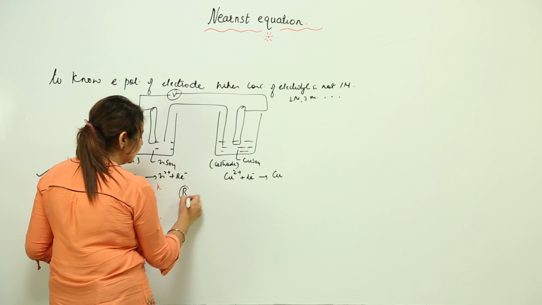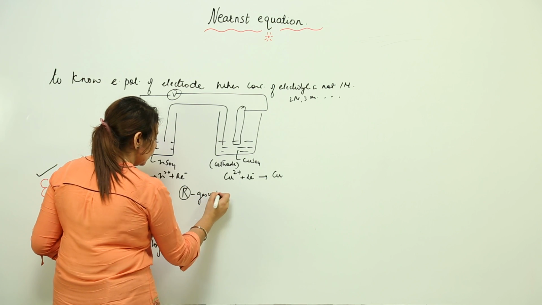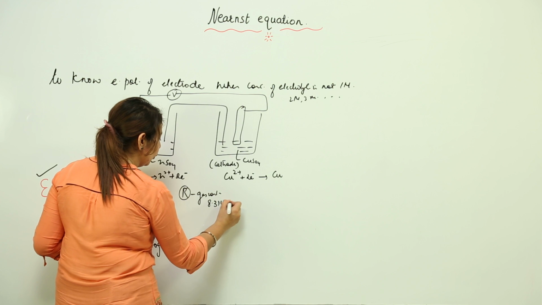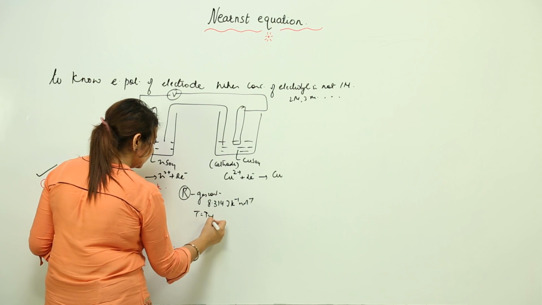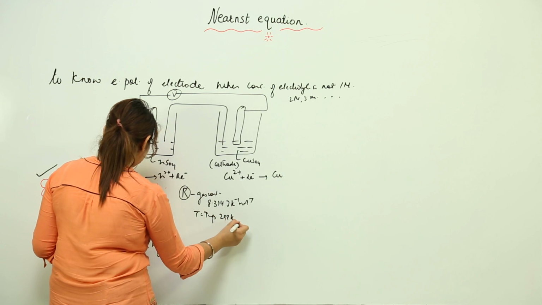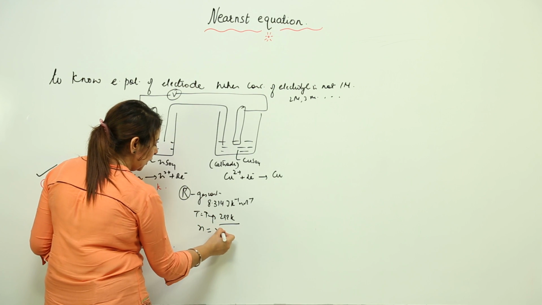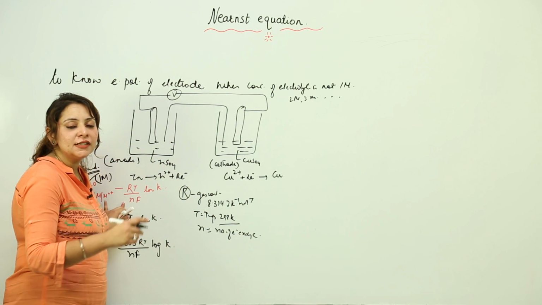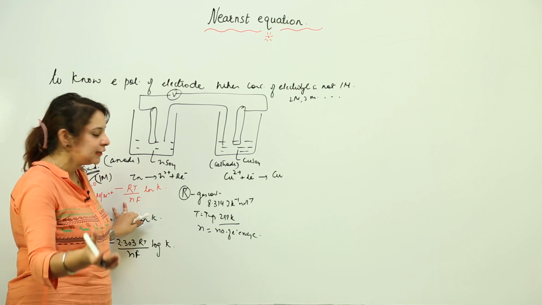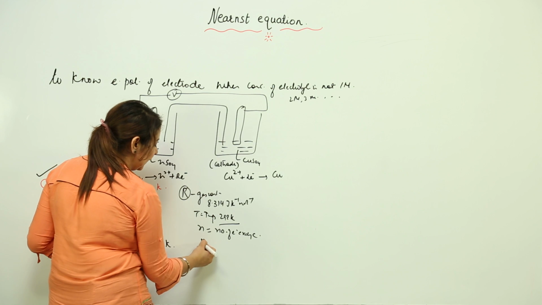This R is a gas constant whose value is 8.314 joule per Kelvin per mole. This T is temperature, that is 298 Kelvin. This N is the number of electrons exchanged, that means the number of electrons the electrode is gaining or losing. F is the Faraday constant,